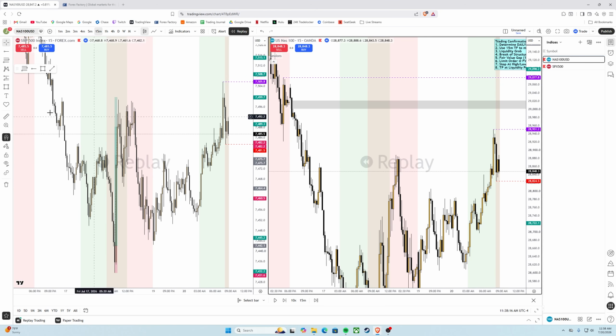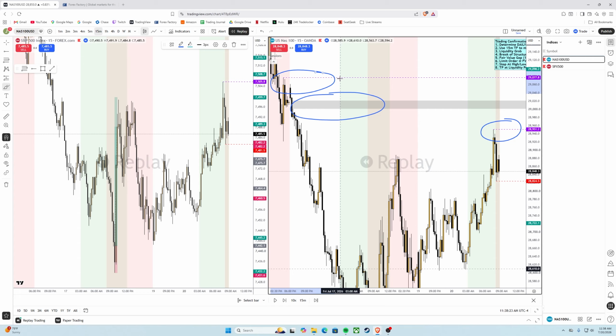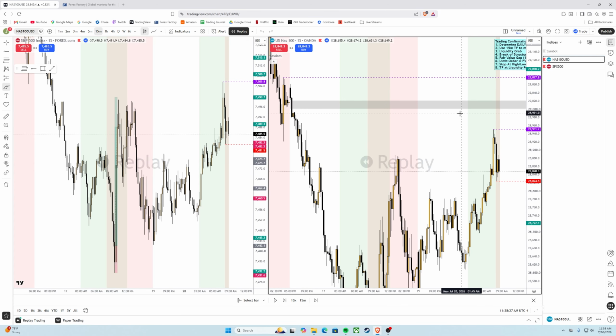So you're seeing the London high as a target, this fair value gap as a target, and then these highs as a target. And to me, you don't have to go crazy with the targets. This is the most likely target to get hit, and these are a little bit further out. If a trade were to present itself, I would close at the very least 80 to 90% of my position here, depending on what the risk reward looks like, and then I'll take smaller partials up there.